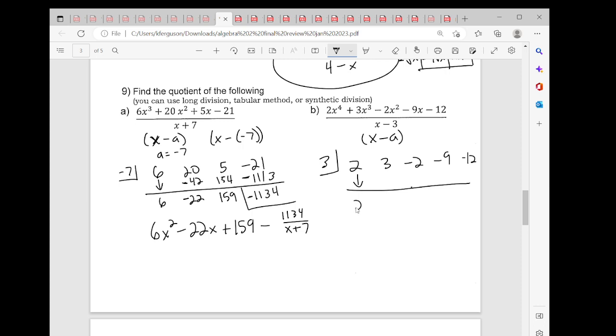So now, first I bring down the 2. 3 times 2 is 6. 3 plus 6 is 9. 3 times 9 is 27. 27 plus 2 is 25. 3 times 25 is 75. And then,